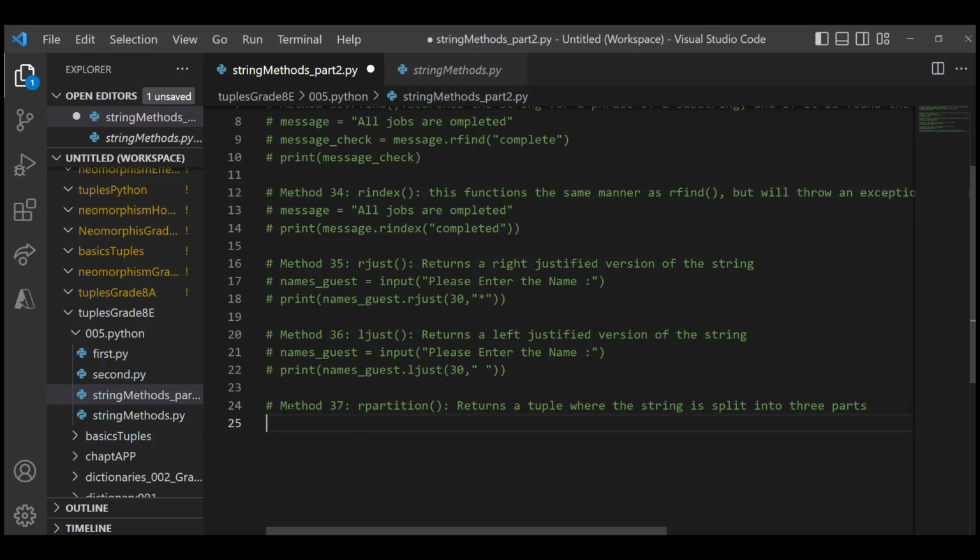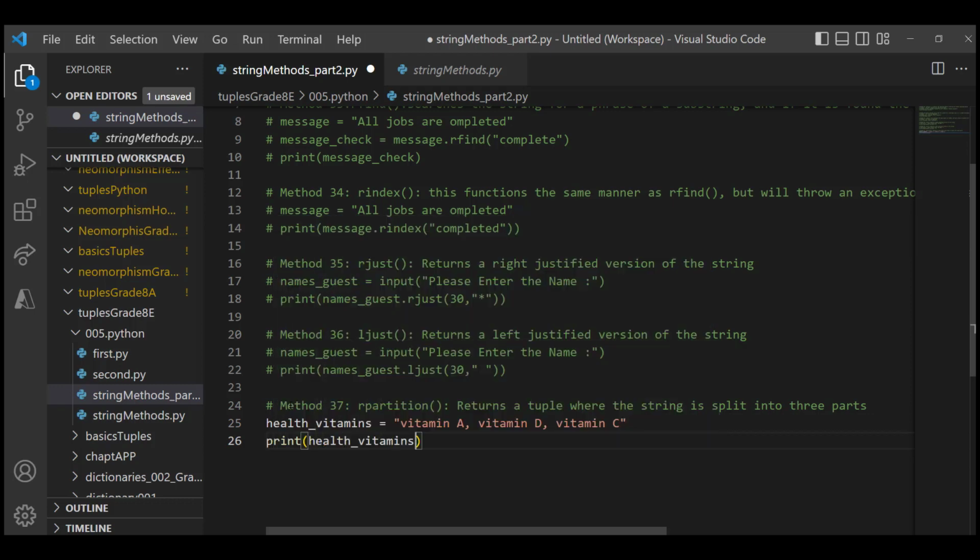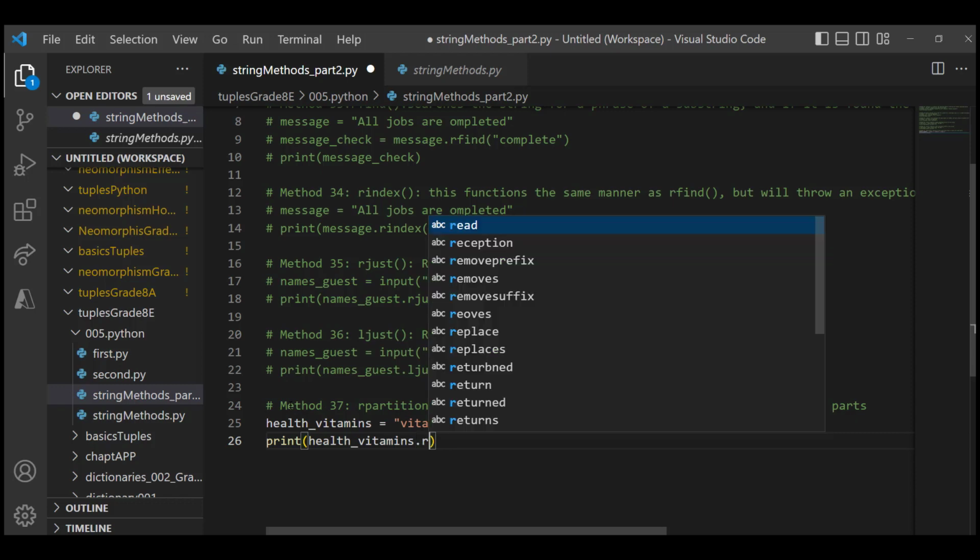Now suppose I'm going to say health vitamins is equal to, I'm going to say vitamin A, vitamin D, vitamin C. So these are the 3 things which have been given here. Now if I want to say print, I'm going to say print health vitamins, and then I'm going to run the rpartition,